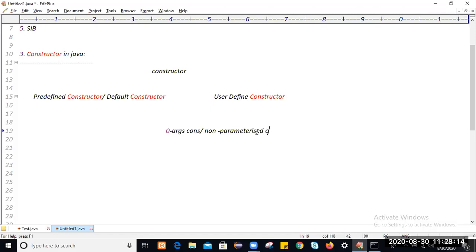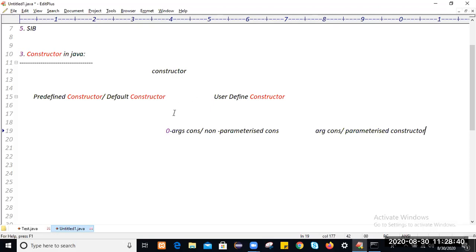And second, we can say user defined argument constructor, or we can say parameterized constructor.